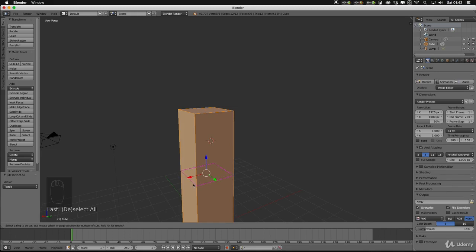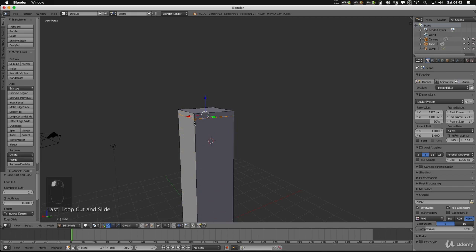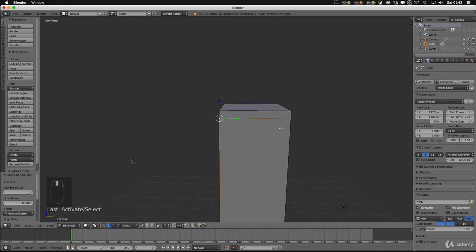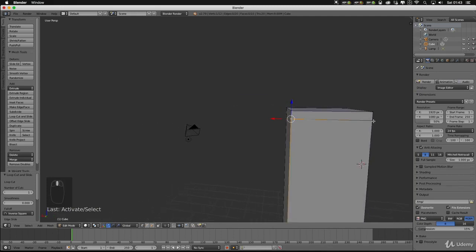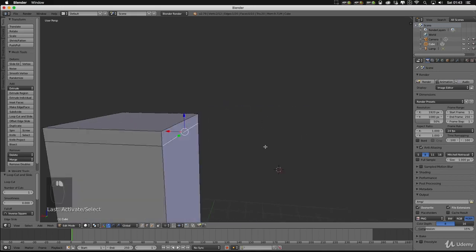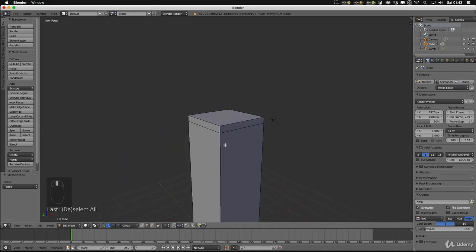If I just left click that, you'll see that it's changed into an orange line, and we can now move it up and we can move it down. So I'm just going to move mine to the top, and I'm going to left click again, and now that has put that edge in. If we go to vertices now, you can see it's added in extra vertices for us, and we've also got extra edges as well.